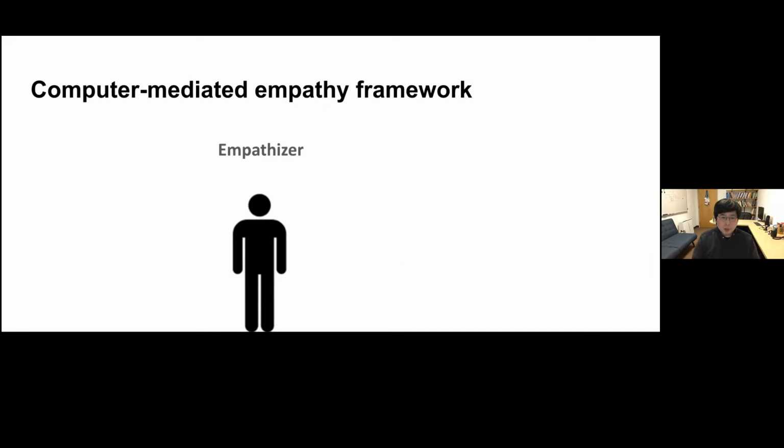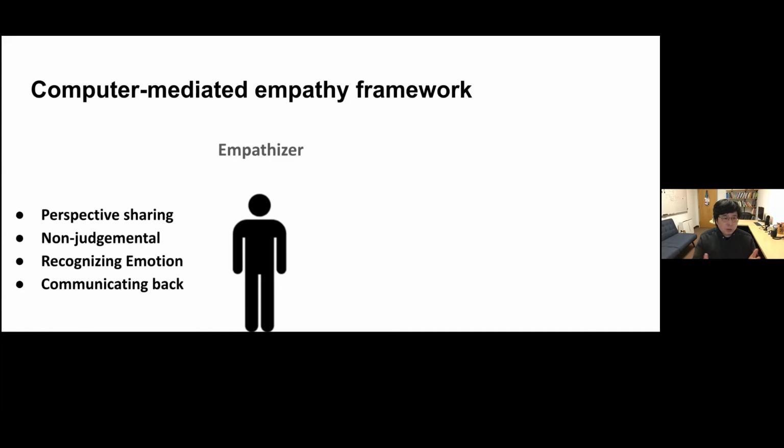I read a lot of papers from different disciplines, from psychology, social science, nursing, and neuroscience, and researchers have said that to empathize, you need to have these four components. First of all, you have to share perspective, like you need to be able to see the world from other people's perspective so that you know how they would feel.